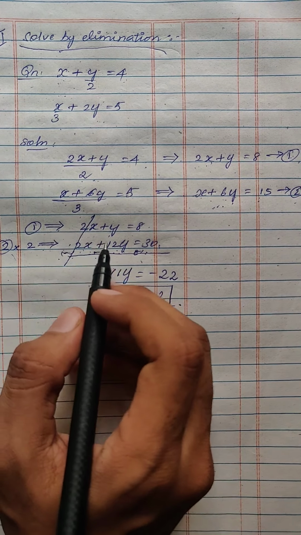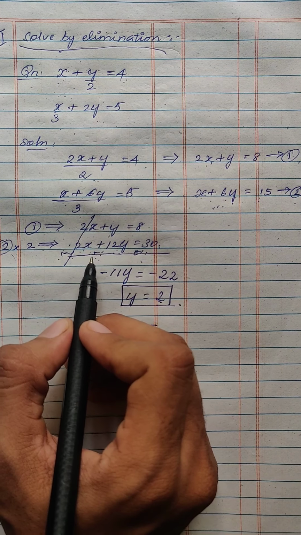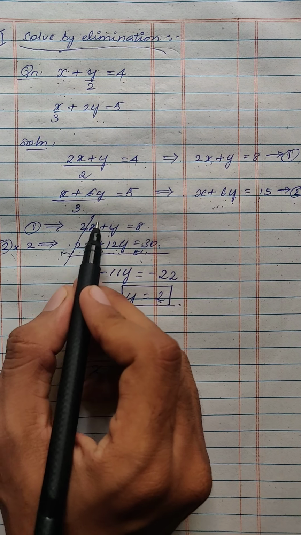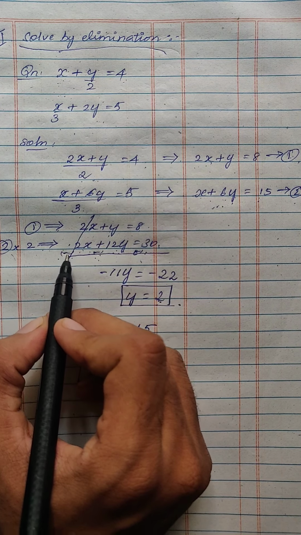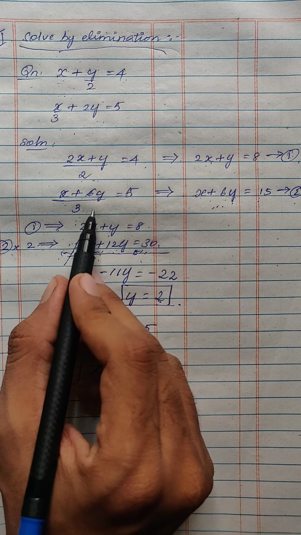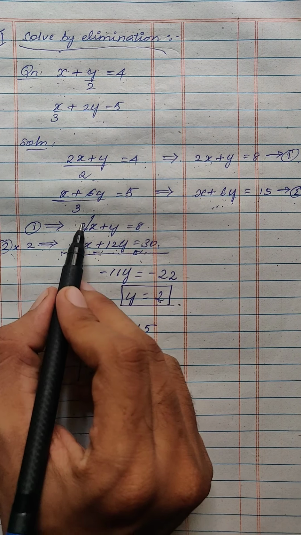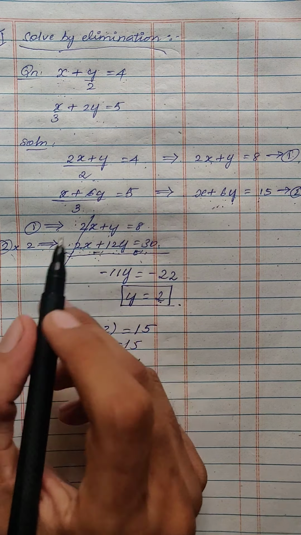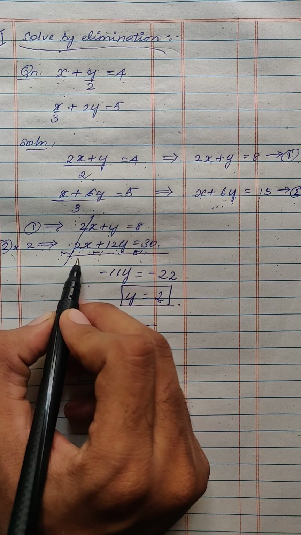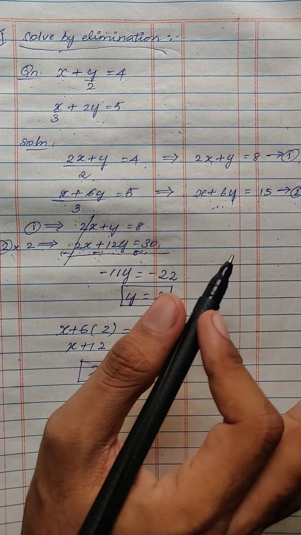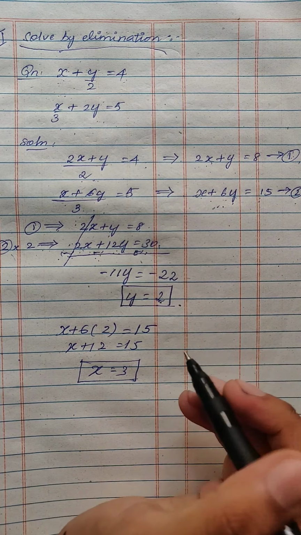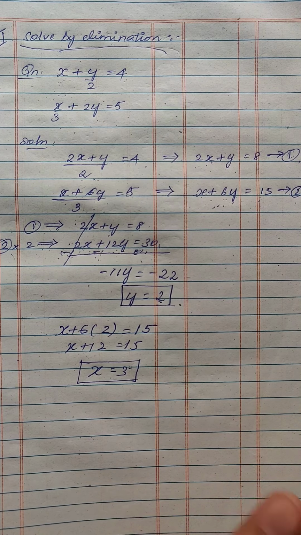Okay, so now during the elimination method, at times in the question itself there will be a minus sign. Then you have to just add. You need not change the sign. See, if both the signs are the same, plus and plus, then you have to subtract. Then only it will get cancelled, or else it will become 4x, isn't it? But in certain problems, in the question itself, it will be minus. So if you add, it will get cancelled. No need to do anything. So in certain sums we'll be subtracting, in certain sums we'll be adding. That's not the problem. So x equal to 3, y equal to 2 is the solution.